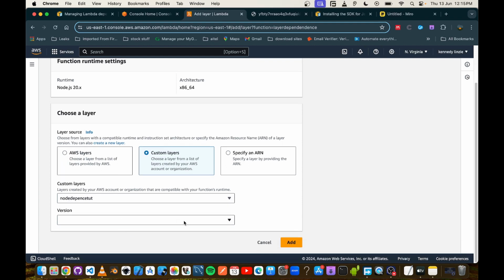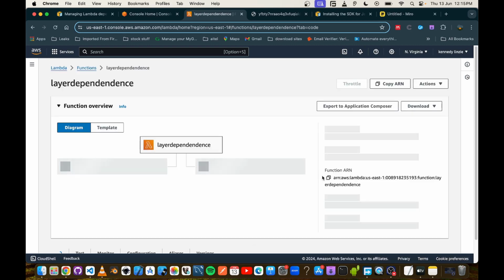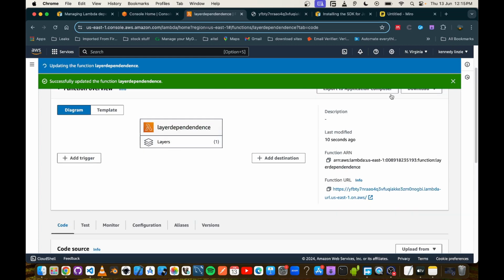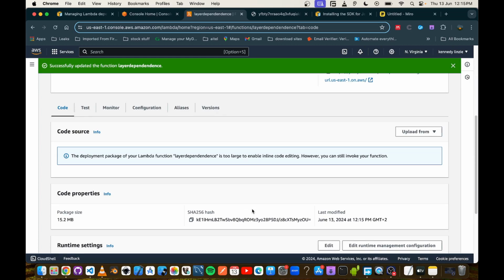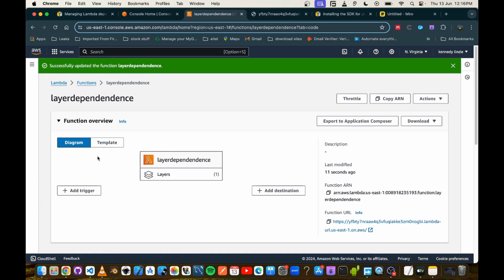So we are going to create our environment and then add it to the Lambda function. So now our Lambda function is connected to our Lambda layer,